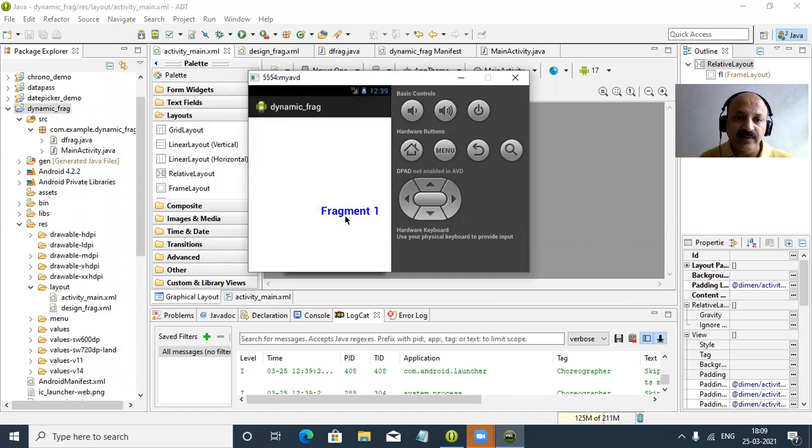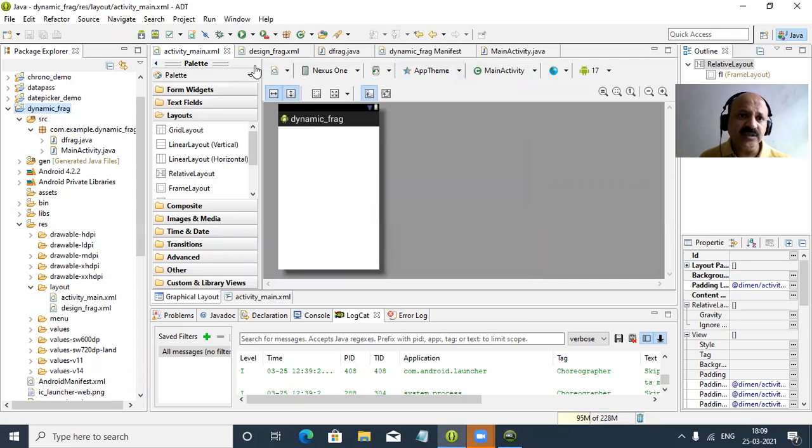So you can look here, fragment one. That is a frame layout holding this fragment, that is a text view, and we can bind to our design in the relative layout. That is our design file of the fragment. And then here in main activity we can take the frame layout, and then the fragment we can attach. So yes, I hope you can understand.